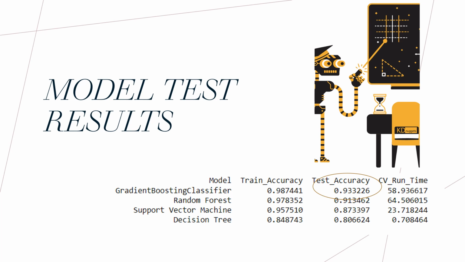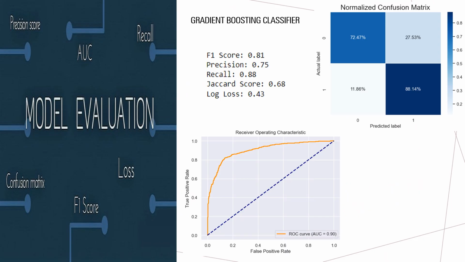I have tested the evaluation metrics, confusion matrix and the ROC curve for all the models, but since gradient boosting tops the chart, I'm just showing the results of gradient boosting here. If you see the evaluation metrics for gradient boosting, the confusion matrix shows a true positive rate of 88.14% and a true negative rate of 72.47. The model achieved a precision of 0.75, a recall of 0.88, and an F1 score of 0.81. So it is indicating a good overall